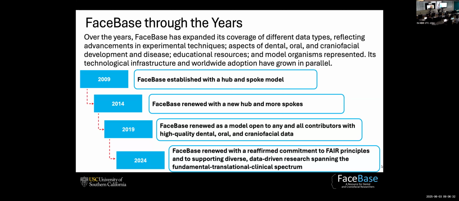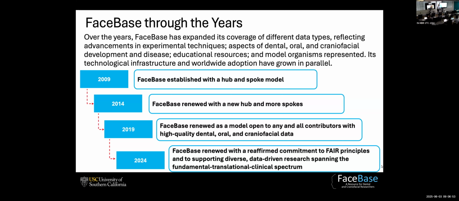And starting from 2019, FaceBase switched to a model that basically opens to all data submissions from all projects anywhere. And this model has really been very successful over the years in getting data into FaceBase.